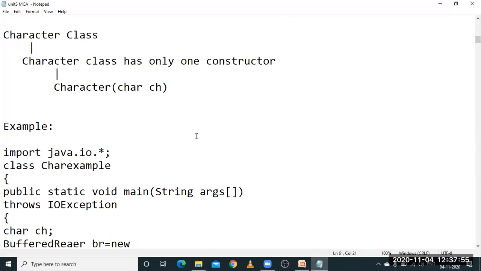Sir, we need to write the import statement as java.lang.Character also. Yes, you can use that also. But you understood from this program that I didn't place any import java.lang because it is the default package which is imported.